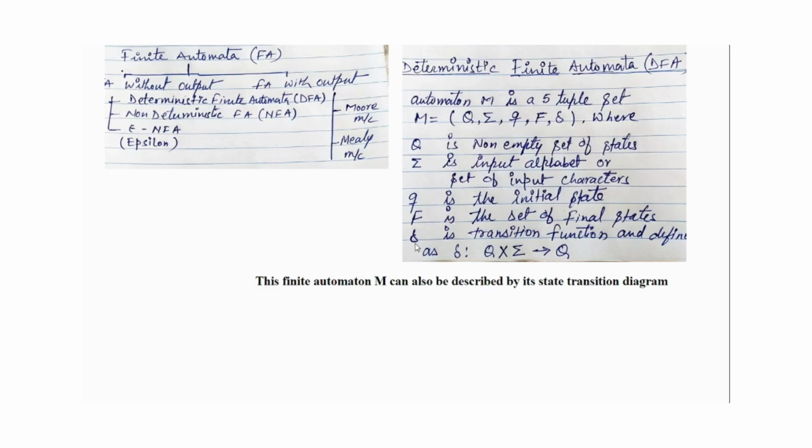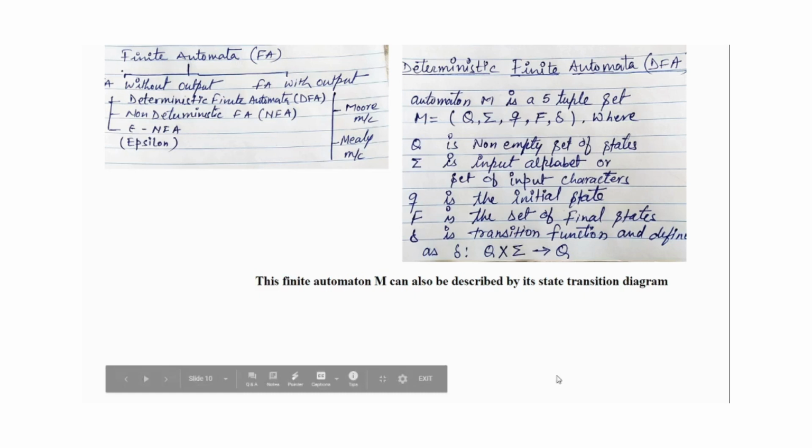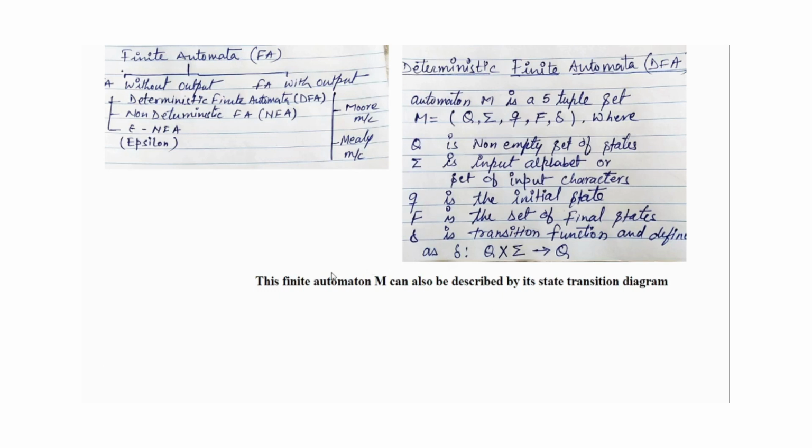Next and the last, the machine can remember some properties of its input by being in a particular state, or through state transitions. So for that there is a transition function, how the machine is moving from one state to another state, and that is mathematically defined by a function delta: Q cross sigma arrow Q. What is the meaning of this? We will discuss it in the next slide. But this is a transition function which is representing the transitions of an automaton from one state to another state.